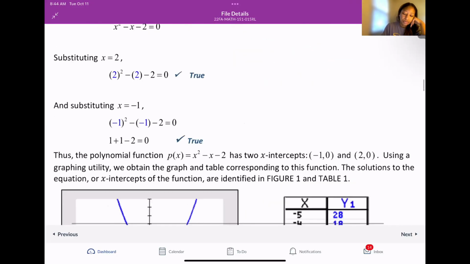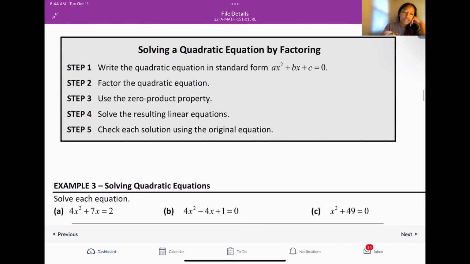Then skip problem 2 that's done for us and jump straight to these steps, solving a quadratic equation by factoring. It's exactly the same as what we saw before with solving a polynomial of the form p of x equals 0. You always want to make sure the equation is in standard form. That means you have 0 on one side and all of the terms on your other side. Then you want to factor the left-hand side of the equation using any of our factoring techniques. Then at that point, you can use the zero product property, set each factor equal to 0 and solve,